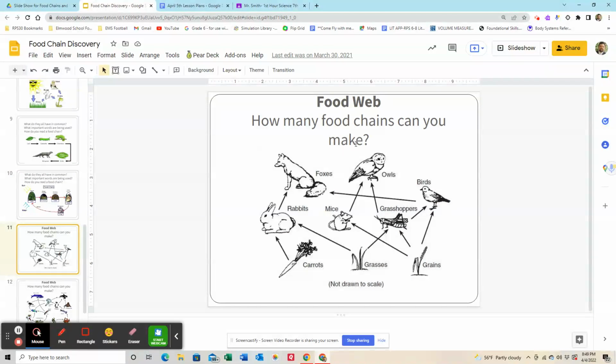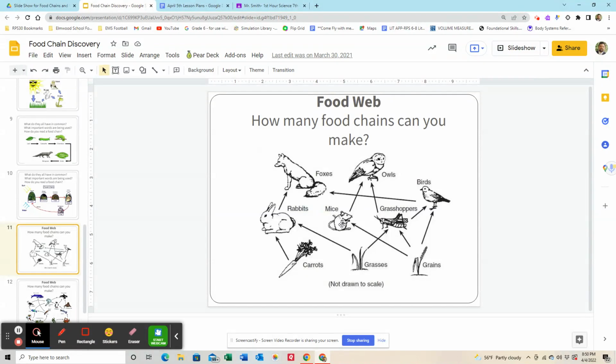Now we have a food web, and we have different food chains. So let's look at however many food chains we can make. How many can we make? Well, here's the grass. It's a producer. So we got grass to rabbits to foxes, right? We got carrots to rabbits to foxes. That's 2. We got grass to grasshoppers to owls. That's 3. Grass to grasshoppers to birds to foxes. That's 4. Okay. And then we got